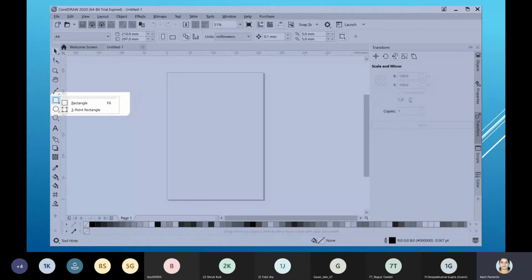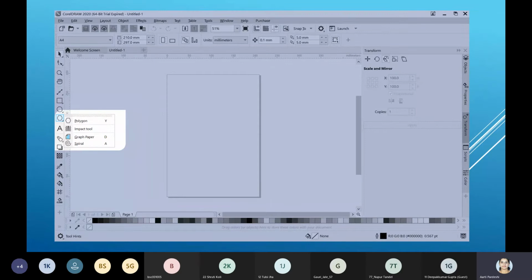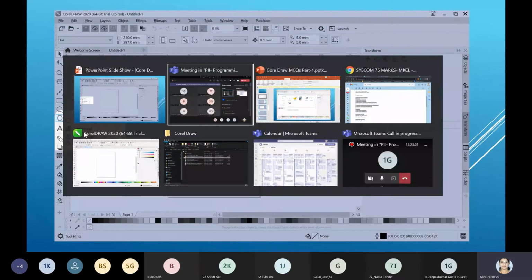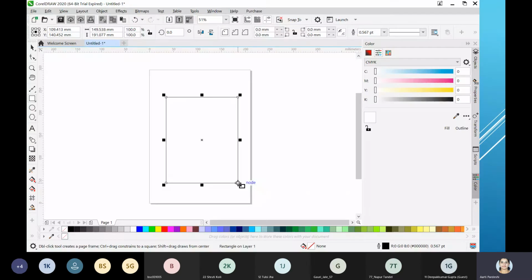It will be like shortcuts for all the different dockers that we are seeing. So for polygon, the impact tool we have seen. In the YouTube video I sent yesterday, the updated link for the birthday card 2 and another one, frame designing, we have used the impact tool. So impact tool is like, just give me a second, I will show you. Okay, thank you. So here you can see the impact tool is under polygon.